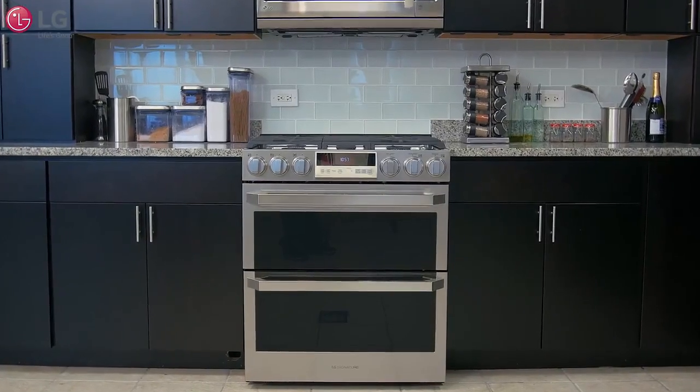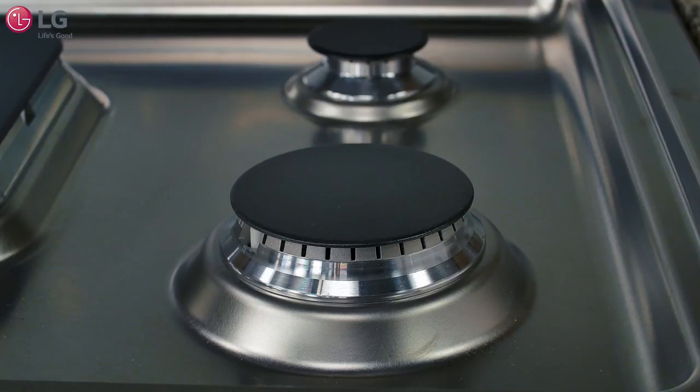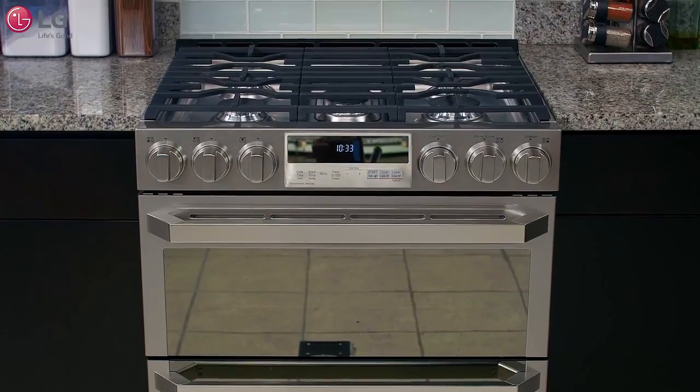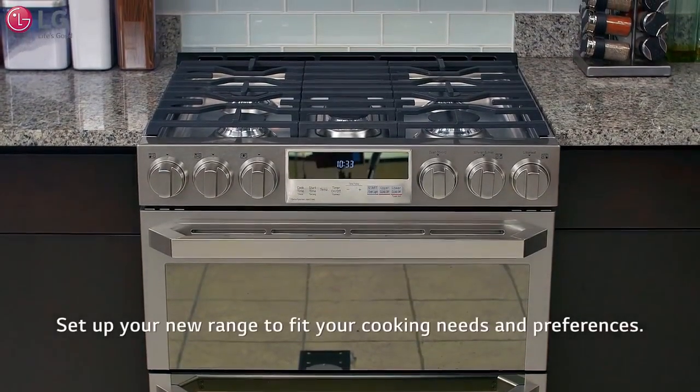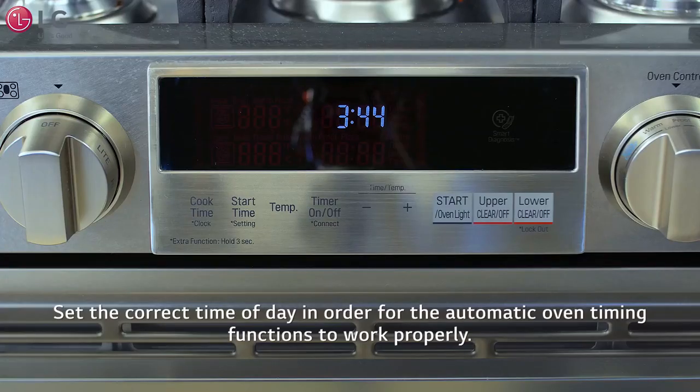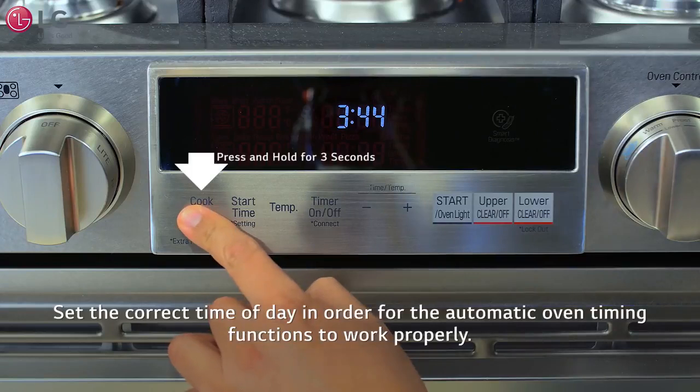Your new signature slide-in double oven range is equipped with both a gas cooktop for fast cooktop heating and an electric oven for professional-style baking results. One of the first things you'll want to do is set up your new range to fit your cooking needs and preferences. Begin by setting the correct time of day in order for the automatic oven timing functions to work